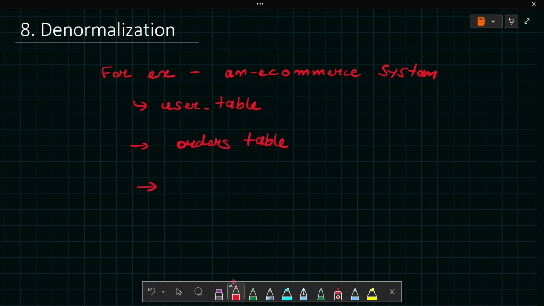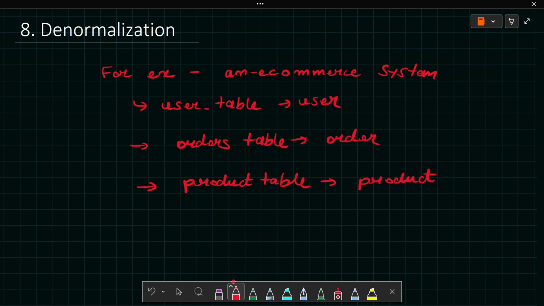And let's say you have a products table. So the user table is storing the user detail, and the orders table is storing the orders of user, and the products table is storing the product detail,